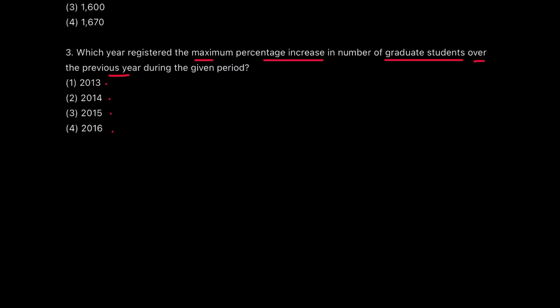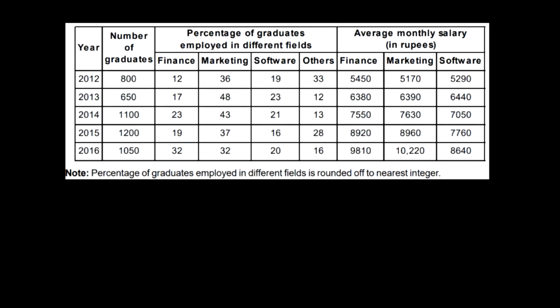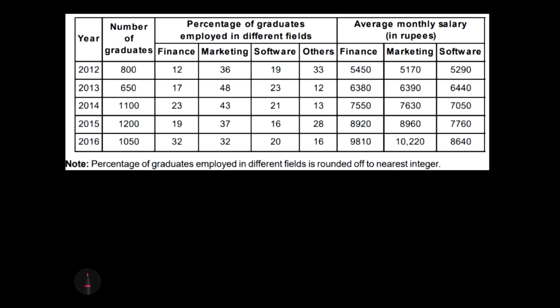Okay, so keeping this much data in mind, we will go back to our table and see what we need over here. Now in our table we see that this is the number of graduates which I am concerned about. Is there an increase from 12 to 13? No, there is no increase, there is a decrease here. So I am not going to consider 12 and 13 at all. Now let's see 13 and 14. There is an increase. So yes, I can consider 2014 for my calculation.